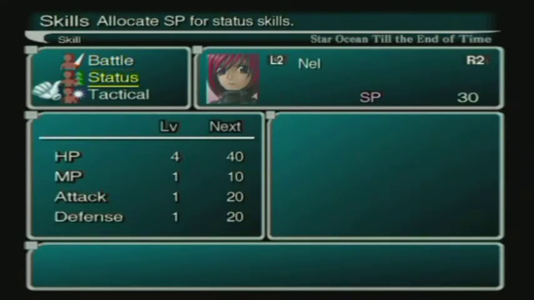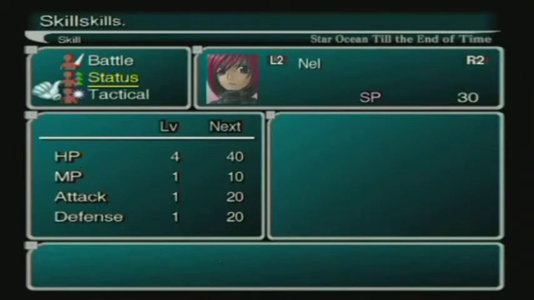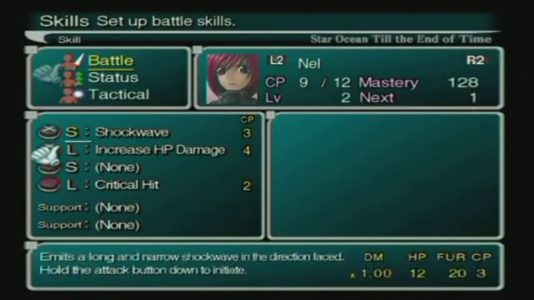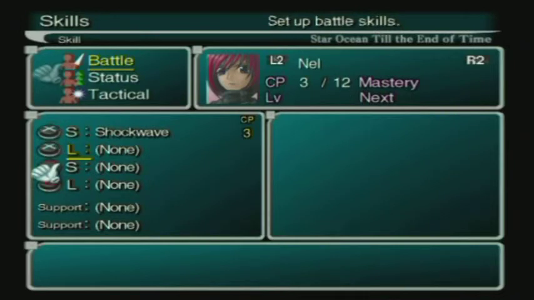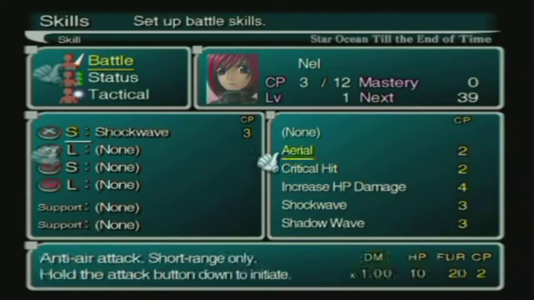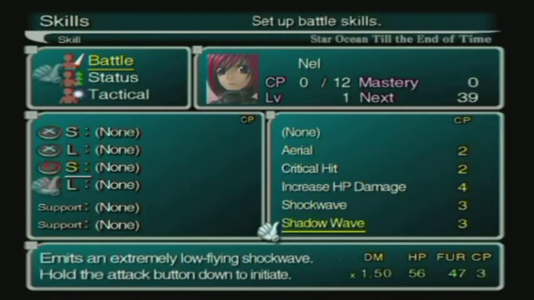Now, however, waiting for 40 SP for HP there. I might start using Nail a lot more now, even without the weapon. Simply because of, mostly,